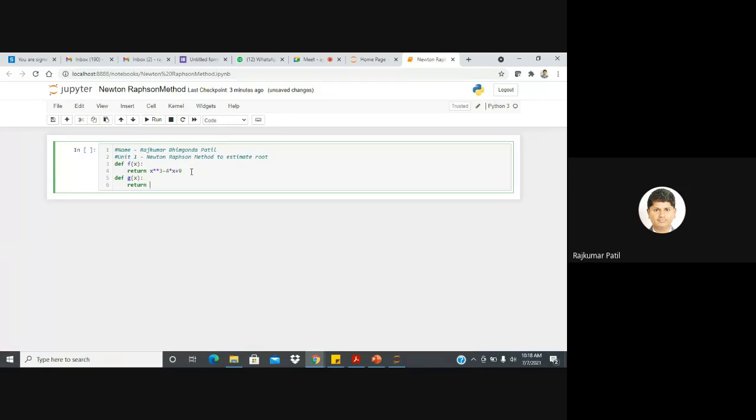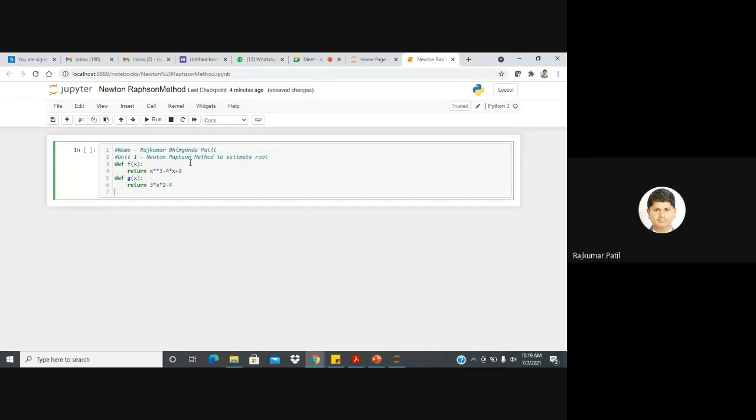Even in Python, if you search, you can get a ready-made function for defining the derivative of any function. So you can also use that. So return 3 x square minus 4 is the derivative of f of x. So we wrote that function.